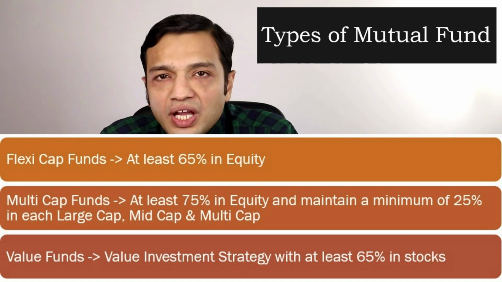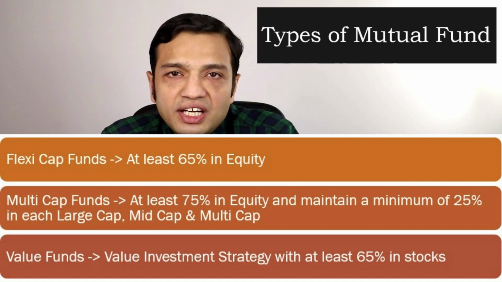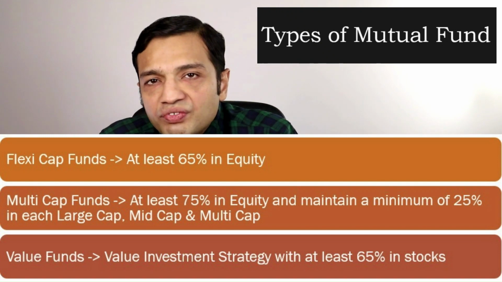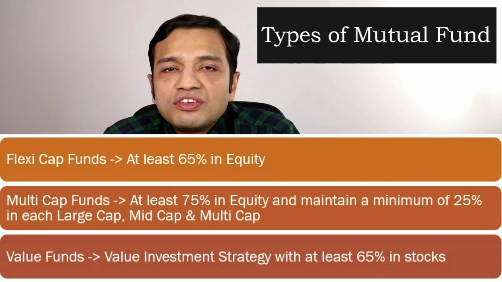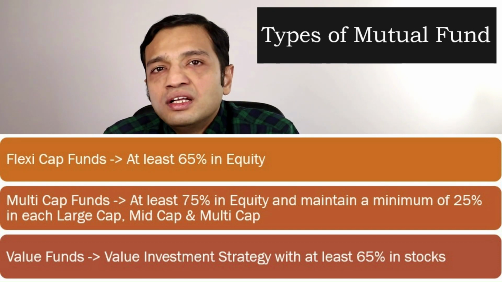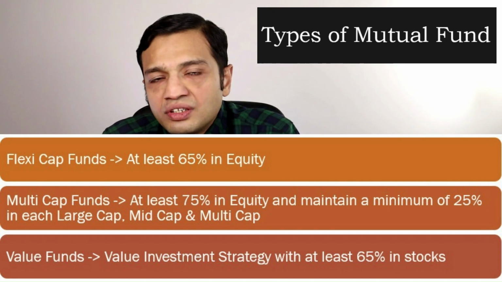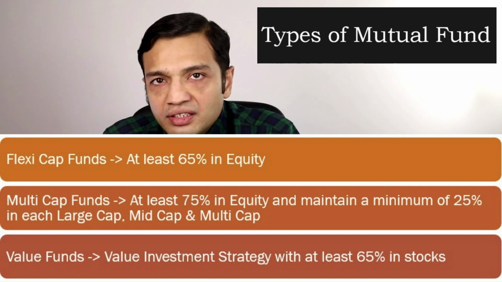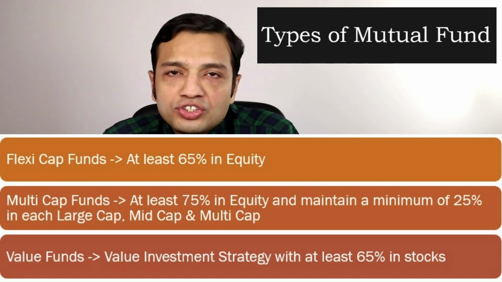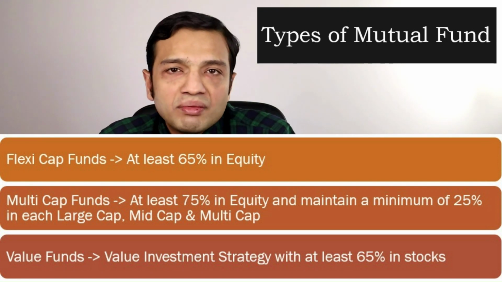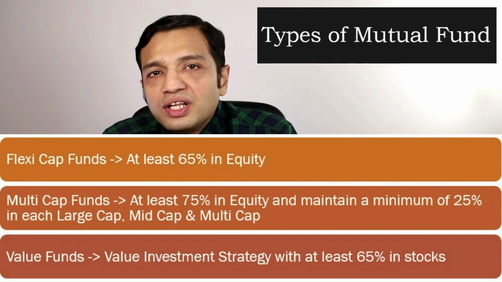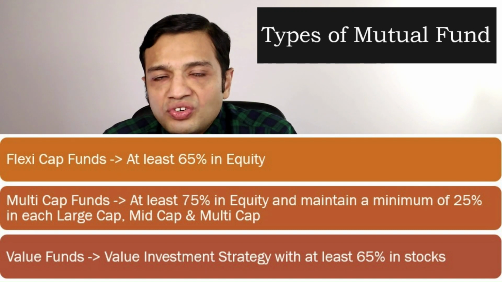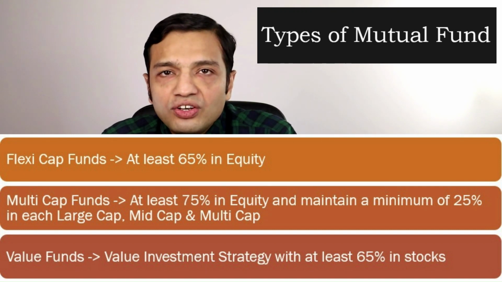Now we come down to the value fund. What happens in value investment strategy funds, which are basically called value funds? In value funds, fund managers invest based upon the value investing strategy. They are trying to identify stocks whose value is lower than other stocks of the same category. It can happen that all the stocks are undervalued because the market has fallen. It might also be that a stock is undervalued in comparison to other stocks in the same segment. Every fund manager has their own value investment strategy, and based on that, they invest in value funds.